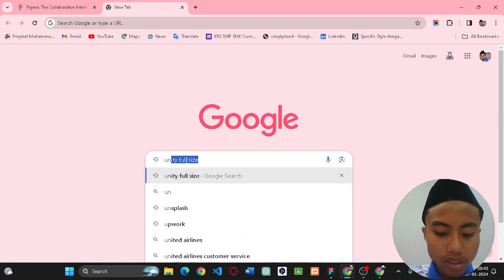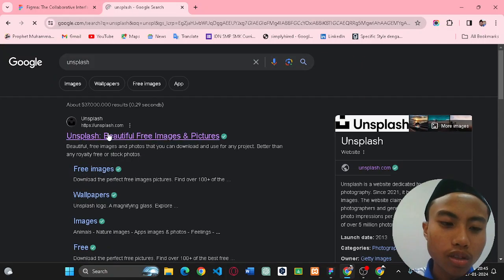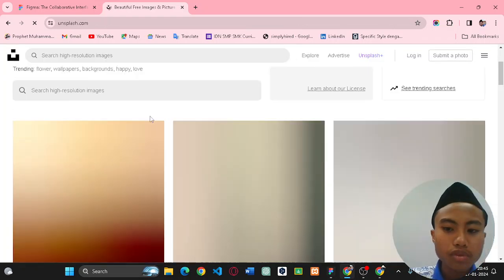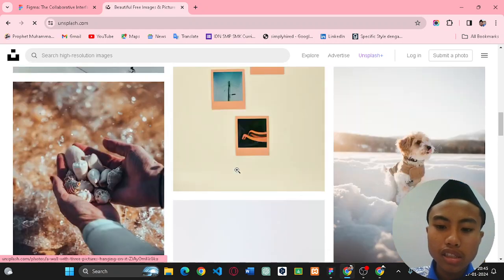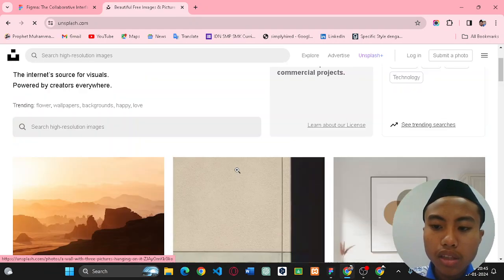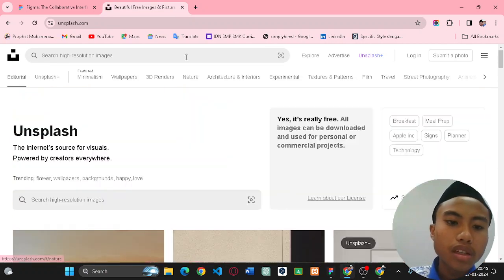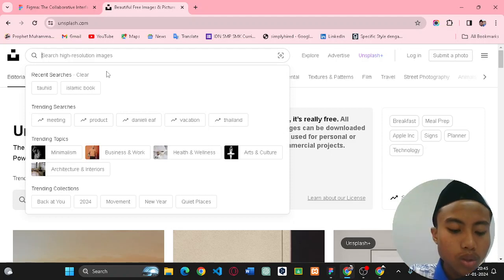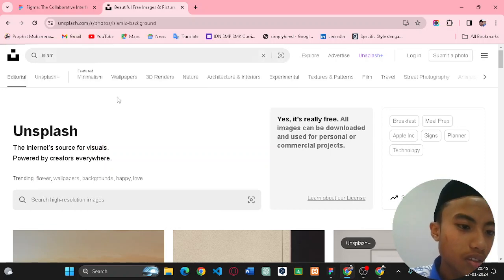Let's say, if you want some free and no copyright images, you can go to unsplash.com. On Unsplash, you can choose many images like this, and then let's start with, oh, Islam, maybe an Islamic background.